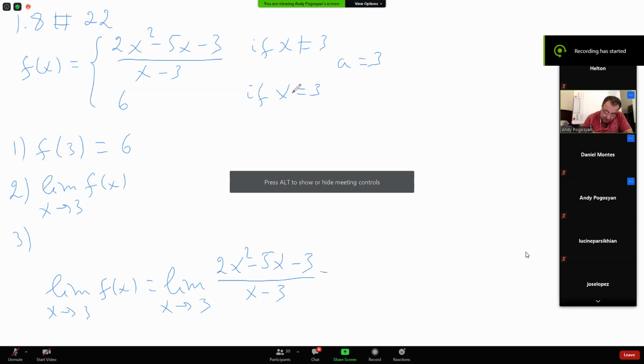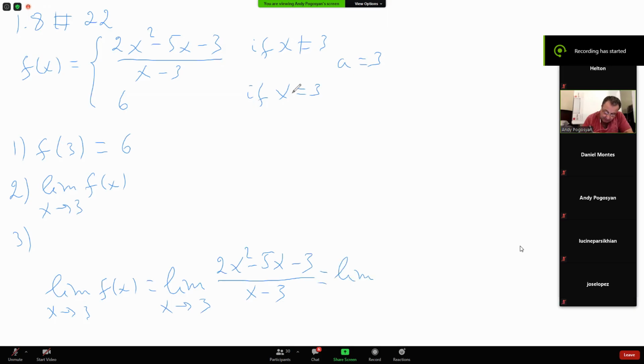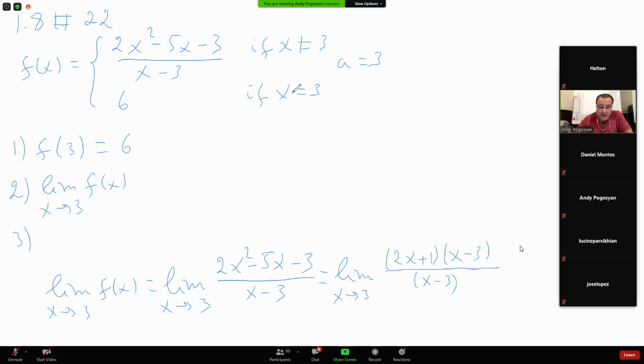Numerator. So this one equals the limit. Let's factor this. So it should be minus 3, this would be plus 1, times x minus 3. Now x minus 3 is the common factor. Divide it out. So it equals the limit of 2x plus 1